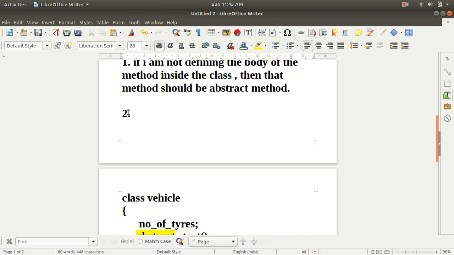But if there is an abstract class, then it is not necessary that an abstract method should be present inside that class. That's why I told you that with the help of the abstract class we can achieve 0 to 100% of abstraction.